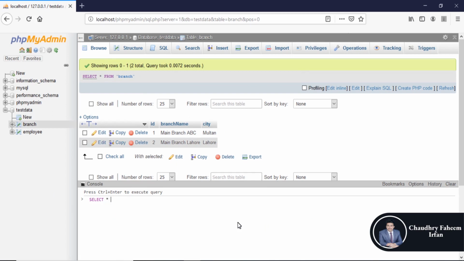Select all from employee inner join with branch on branch dot id is equal to employee dot branch id, where branch dot city is equal to Multan.